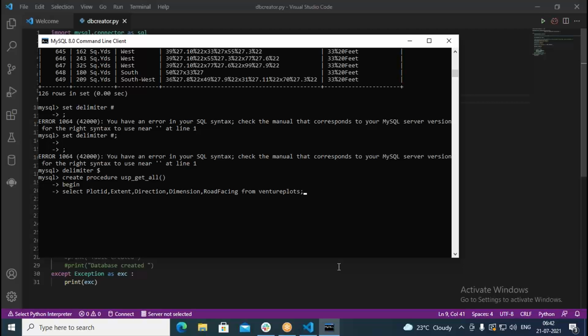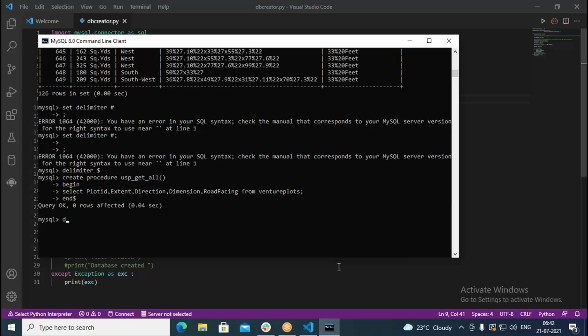Okay, so here we use the semicolon. Then at the end we need to write here end. Okay, I press enter key. Then here I write end, followed by I put here dollar. Now the procedure is created.